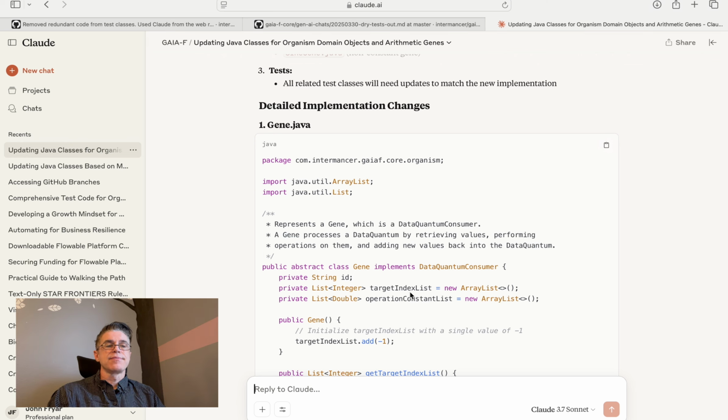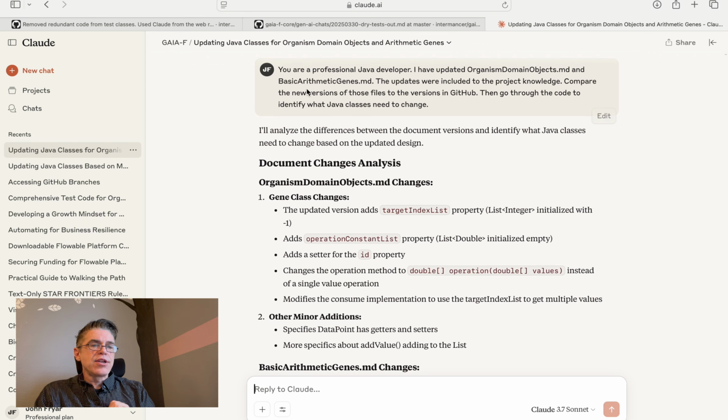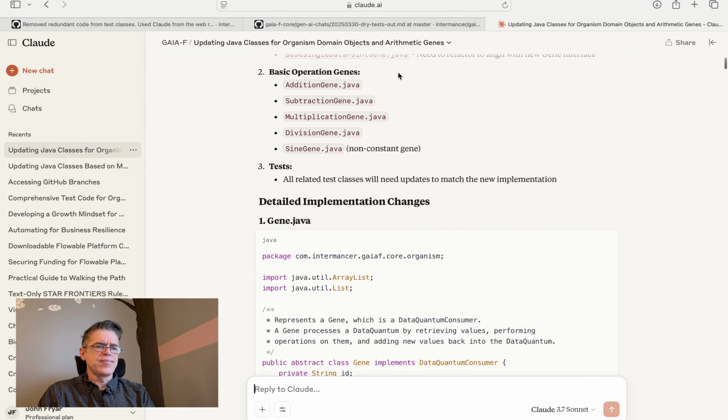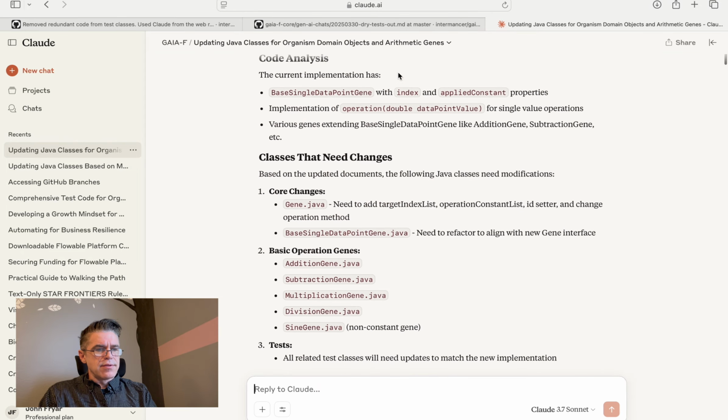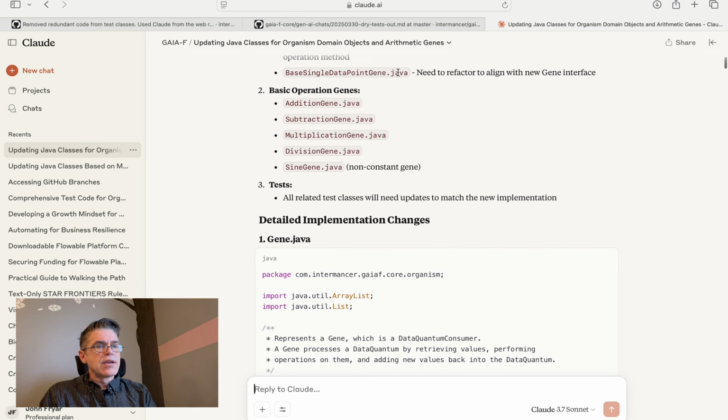and interfaces. And way up at the top, I told Claude that you are a professional Java developer. So it should know that difference. It doesn't. So,